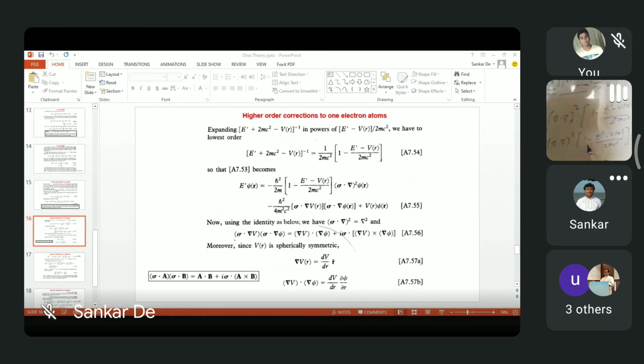Sir, actually, it is a dot product because there is a delta, right? I think this is a dot product actually. There is one term and there is another term. So you have VR which can be differentiated, and there is a psi r which can be differentiated, right? Okay. So from that actually he got that A755.